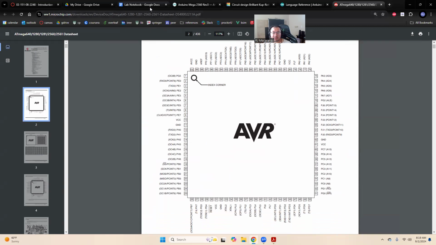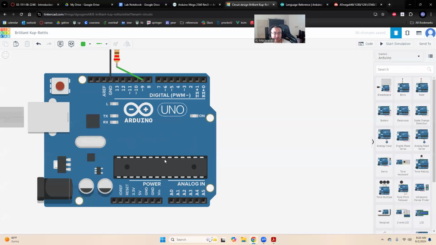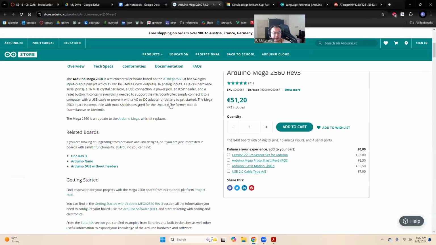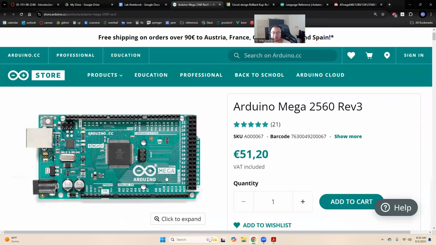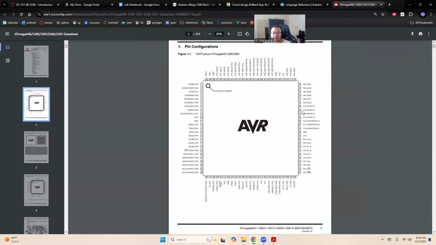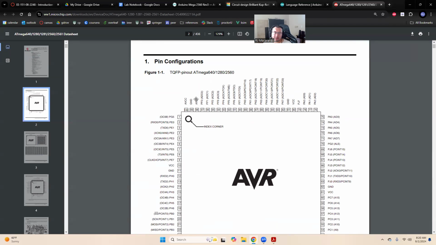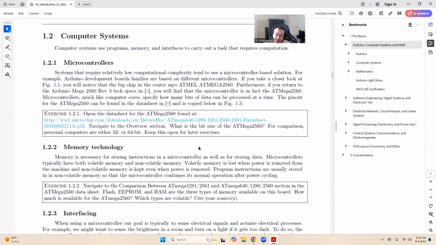And you can kind of see it if we go back into Tinkercad. I want to say that either this is the chip or this is the chip. But then actually, if we just go back here, you can kind of clearly see the @Mega chip. This is this big chip right here. It's got 100 pins. And so we'll be taking a look at the data sheet and playing around with the different computer system terminology that we're looking at. So memory technology, interfacing,